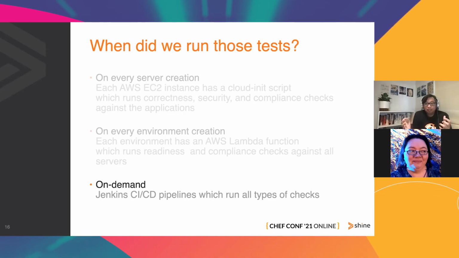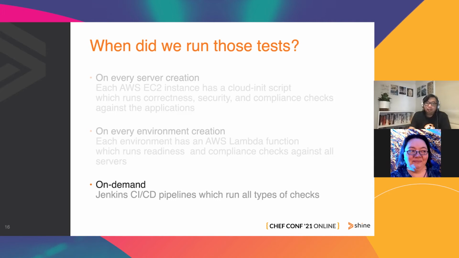There could be, God forbid, an emergency change that had to be applied. There could be some additional configuration drift that no one expected, but might accidentally happen for various reasons. And there could also be the scenario where suddenly it's audit time and someone needs to produce an audit report, and the report coming out of inspect needs to be part of that audit report. And usually this whole thing would just happen ad hoc and on demand, and that's why we introduced these Jenkins CI/CD pipelines to run those tests.